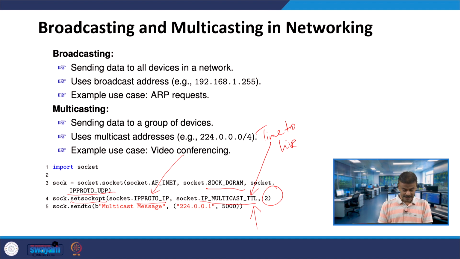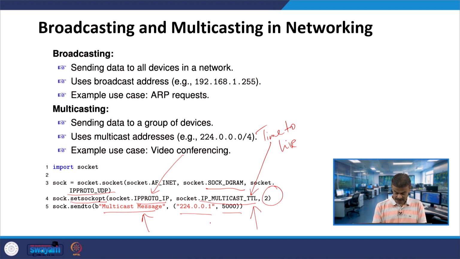Now the socket is invoking sendto, with the multicast message and the IP address and the port. Here you have the multicast message, the data to be sent, encoded as bytes, and 224.0.0.1 is a reserved multicast IP address.